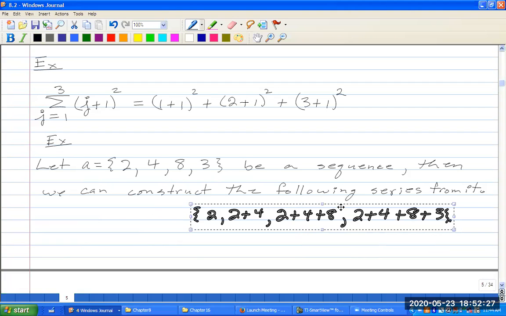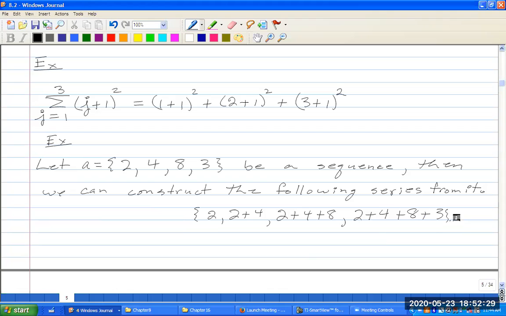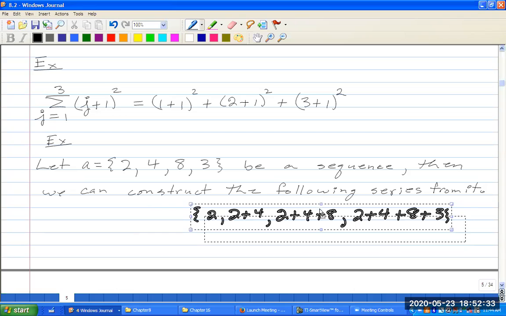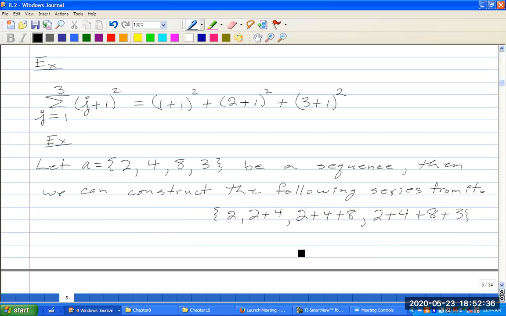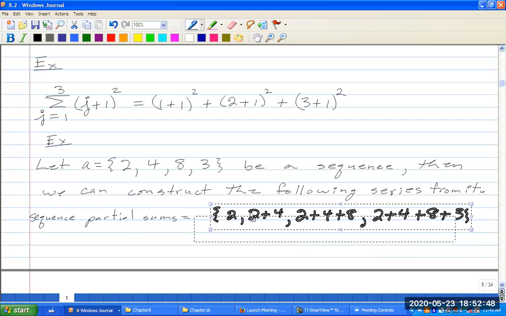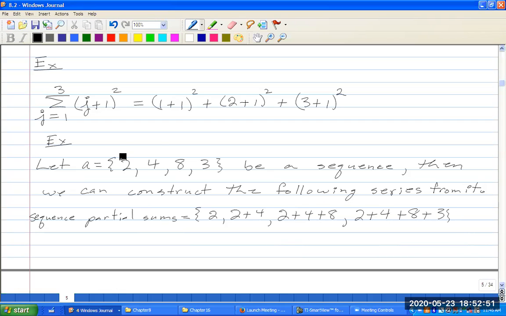So this is a sequence of partial sums. And it's just 2, and then we add 2 plus 4, 2 plus 4 plus 8, 2 plus 4 plus 8 plus 3,